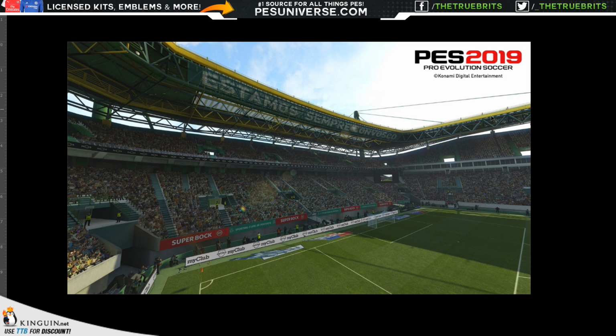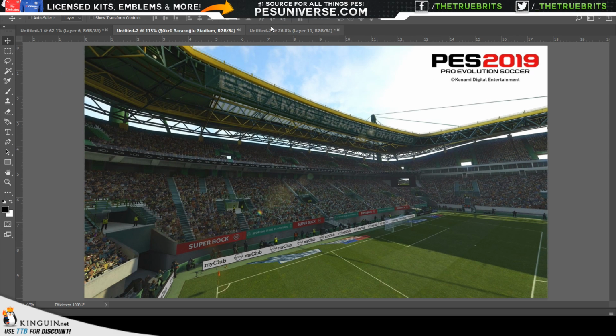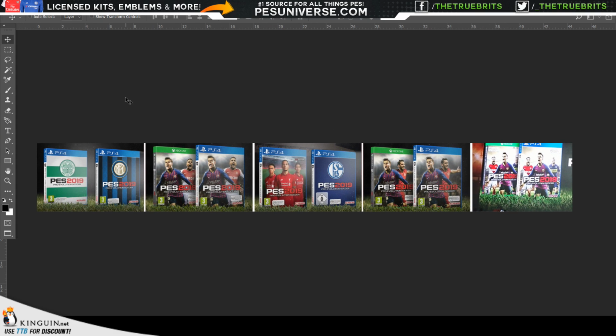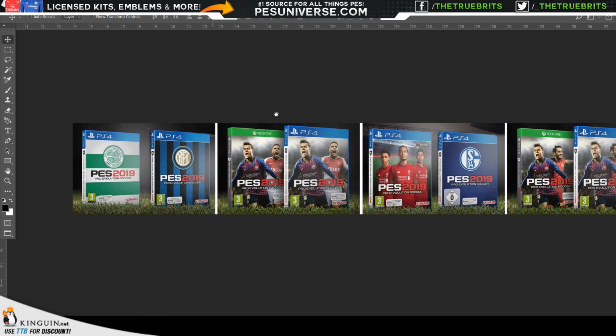Alright, now let's have a quick look at the box arts for you guys. So there are a couple of box arts available this year. This isn't all of them. This is the ones that I could find. We have obviously Celtic. Now this is going to be the exact same for Rangers, I would expect. It's going to be blue, obviously, instead of green, and the Rangers logo right there. We've got Inter with the blue stripes. If there's any ambassadors of the game, etc., they'll have more of a physical presence, like Falcao here with Coutinho